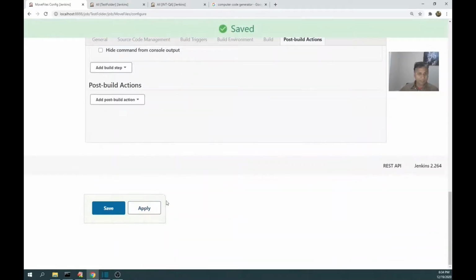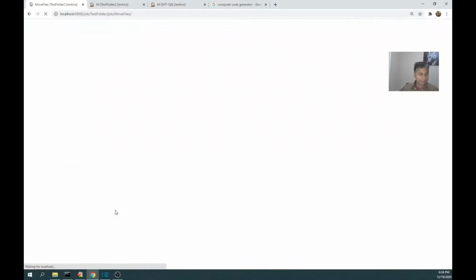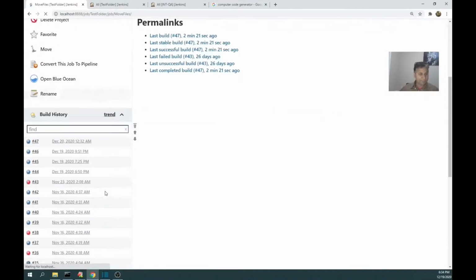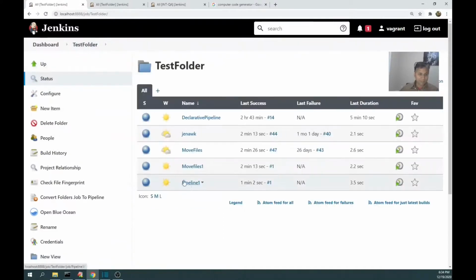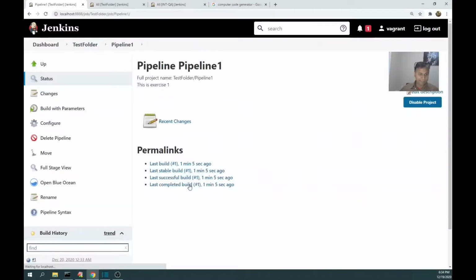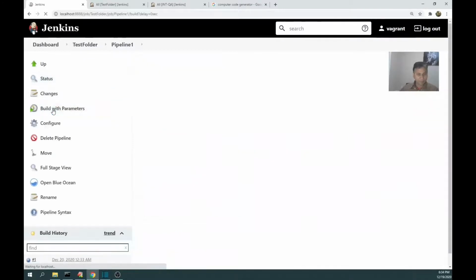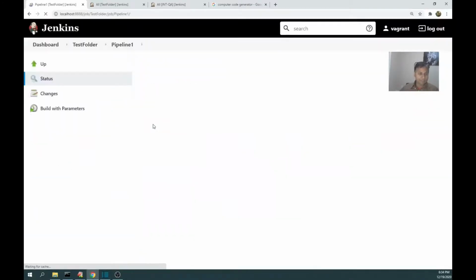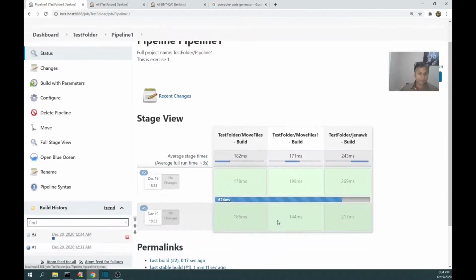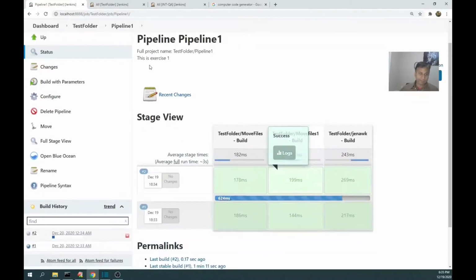I don't need it anymore. Apply, save. Let's again call this pipe. What's going to happen? Because the code is generated once, it will remain intact. There is no downstream job. Even then, all the required jobs will be called in the sequence we expected. Everything has been called. Awesome.